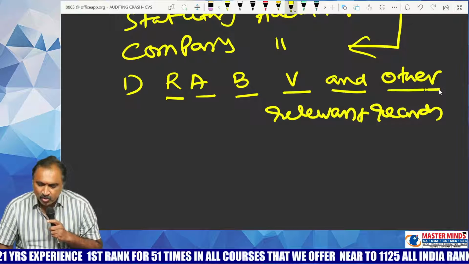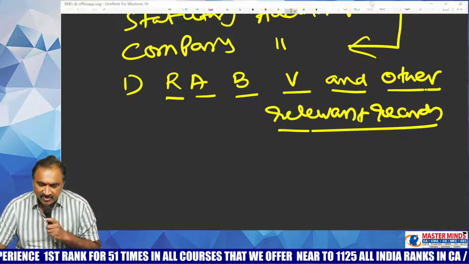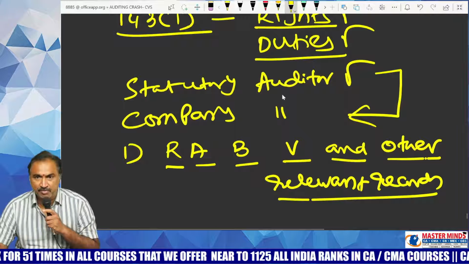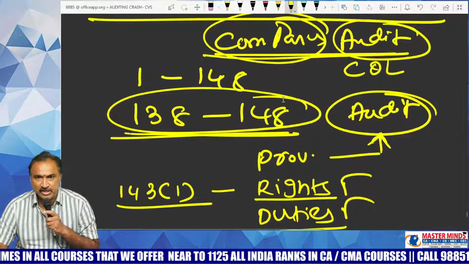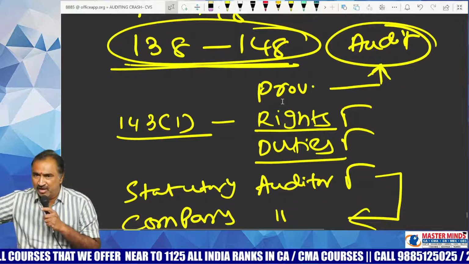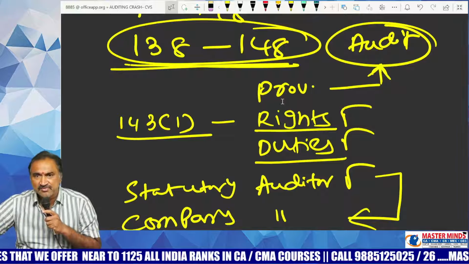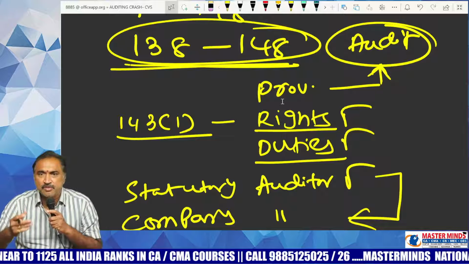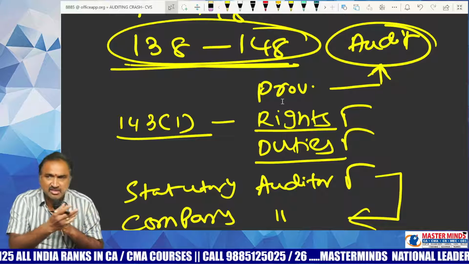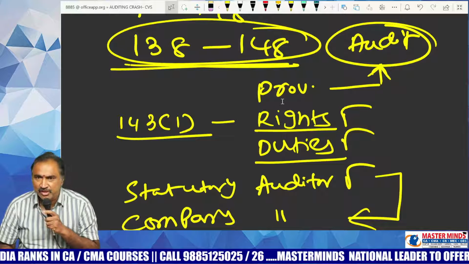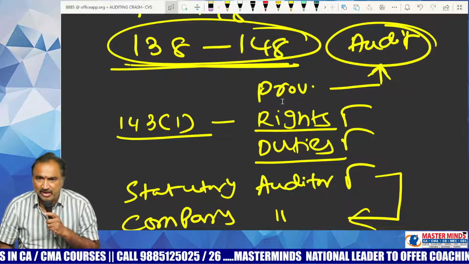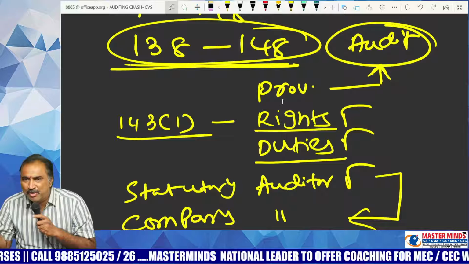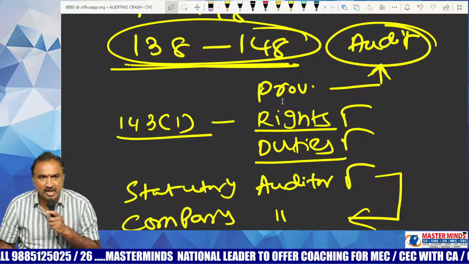First of all, try to understand why these rights are given to the auditor of the company. You know very well that as an auditor, you need to form and express an opinion on the financial statements. In order to express an opinion, you need to check the correctness of the trial balance, which is dependent upon the correctness of the ledger. Correctness of the ledger is dependent upon the correctness of the journal. So unless you verify journal, ledgers, subsidiary books, etc., it is not possible for you as an auditor to form an opinion about the truth and fairness of the financial statements.